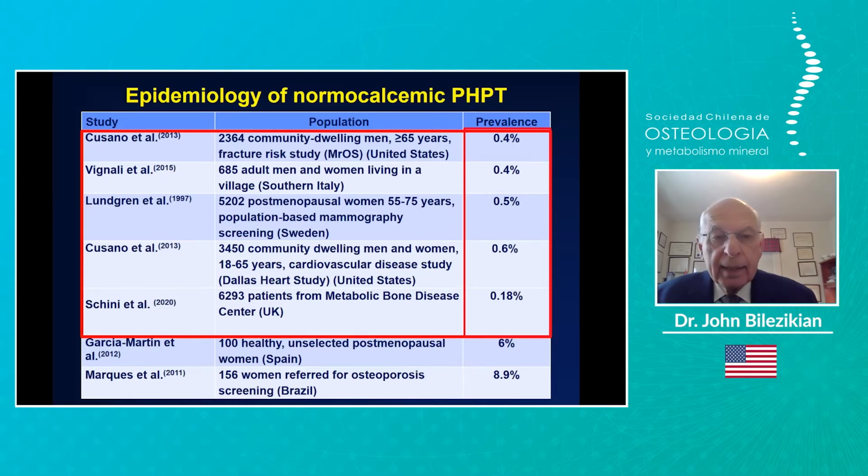hyperparathyroidism. This is a table that summarizes the prevalence of normocalcemic hyperparathyroidism, and I've outlined the papers that are generally consistent in terms of prevalence, somewhere between 0.1 and 0.6%, including the most recent paper that I just alluded to. There have been other papers that have indicated that the incidence may be higher, but this is not typically the